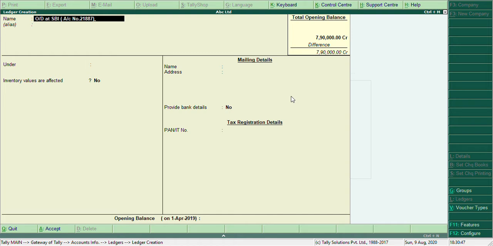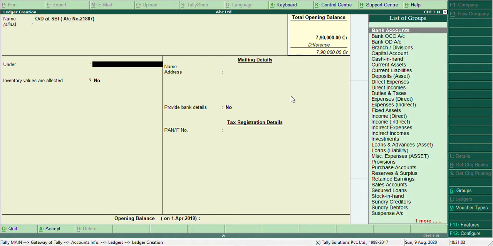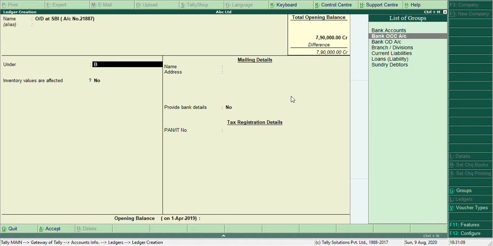When you have different accounts in the same bank, you can give a ledger with the bank's name as well as the account number in this format. This will go under the group of bank overdraft account.